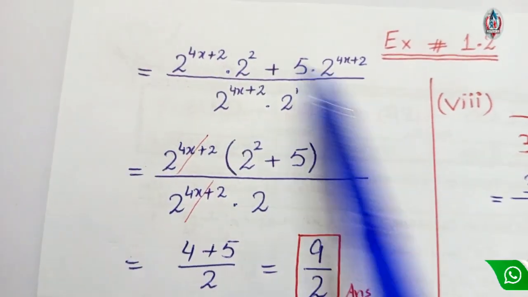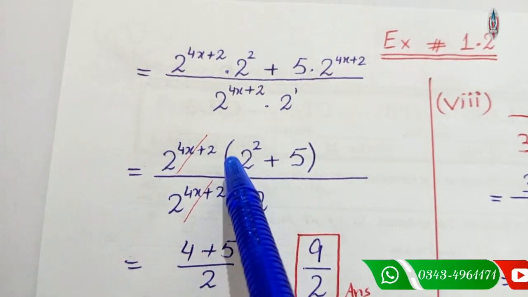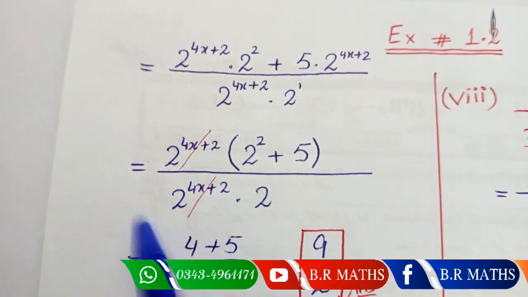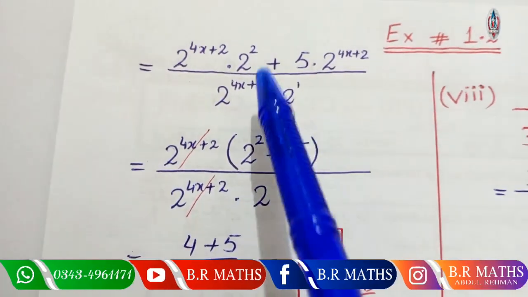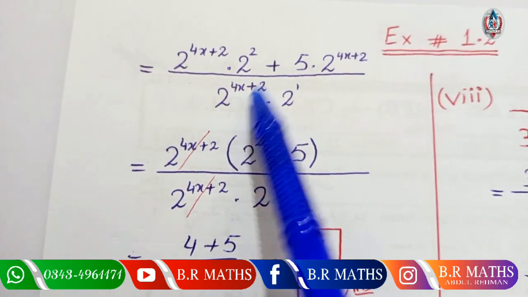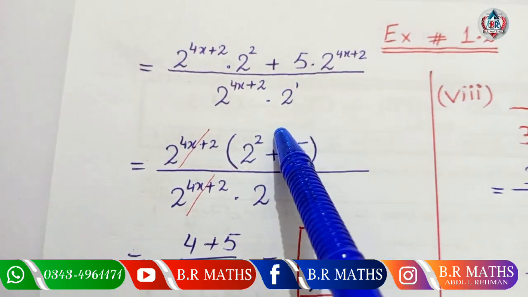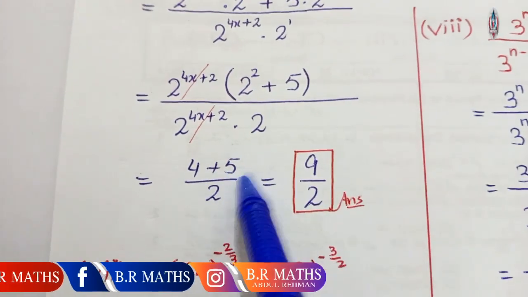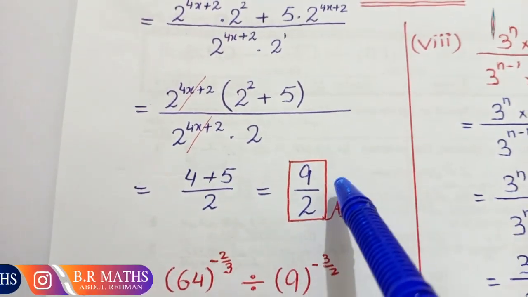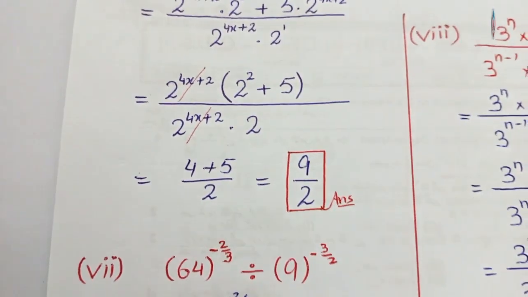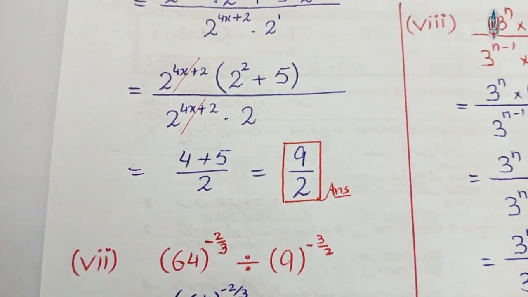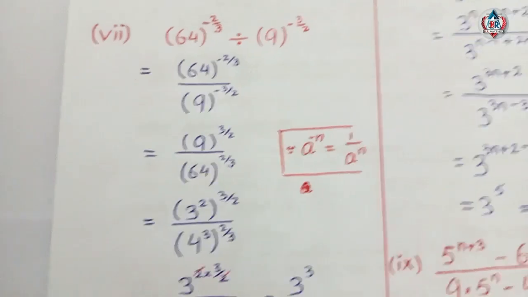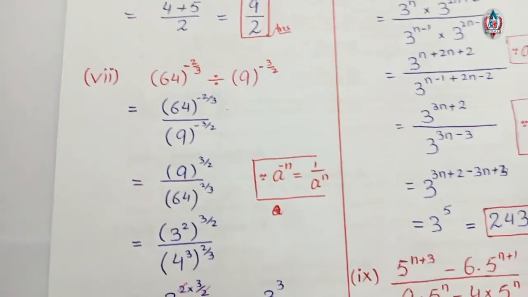So in the numerator take the common 2 raised to power 4x plus 2 and in the denominator 2 raised to power 4x plus 2 as it is, so the same factors cancel with each other and the remainings are in a bracket: 2 raised to power 2 plus 5, divided by 2. So 2 raised to power 2 becomes 4, 4 plus 5 over 2 becomes 9 over 2. Okay, so I hope you understand these important and long questions with different techniques, applying the laws of exponents